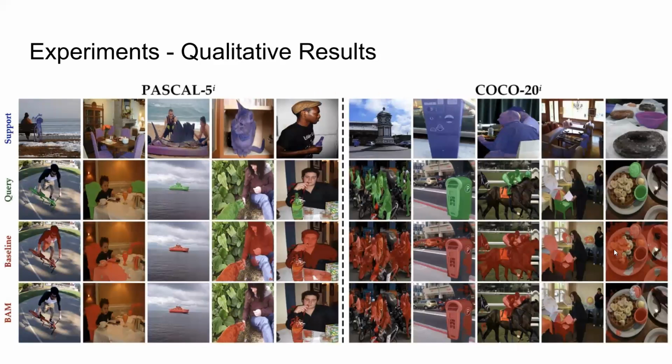To better analyze the proposed model, the authors took several episodes during the meta-testing phase and visualized the corresponding segmentation results. Each row from top to bottom represents the support images with ground truth masks in blue, query images with ground truth masks in green, baseline results in red, and BAM's results also in red. It can be found in the fourth row that the falsely activated targets of base classes are significantly suppressed compared with the baseline in the third row, which verifies the effectiveness of the base learner and ensemble module.